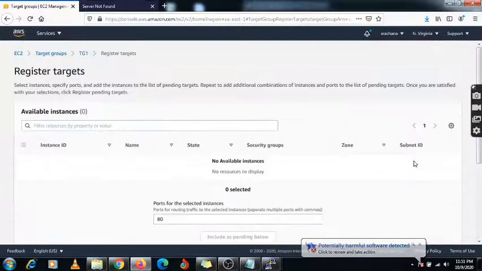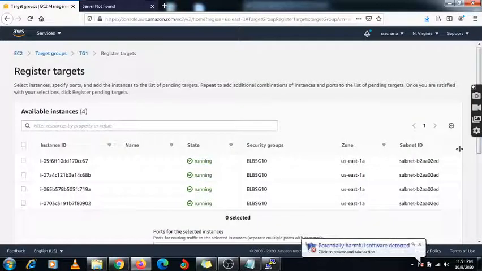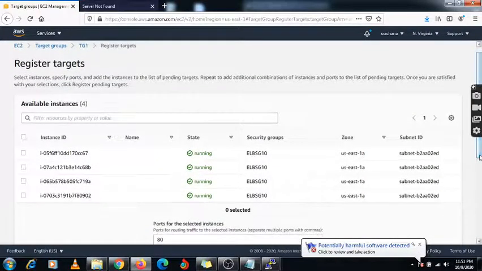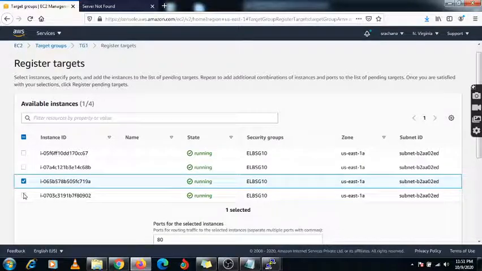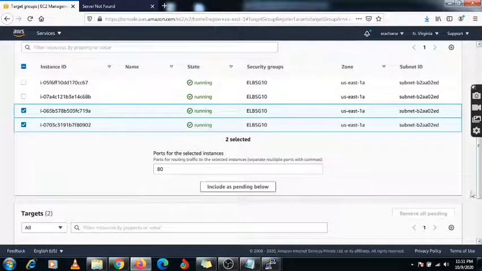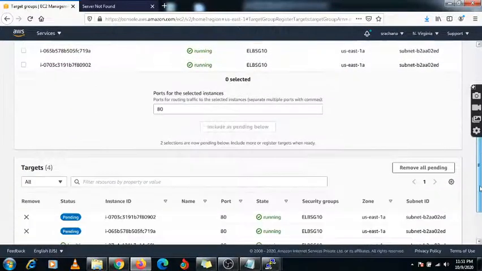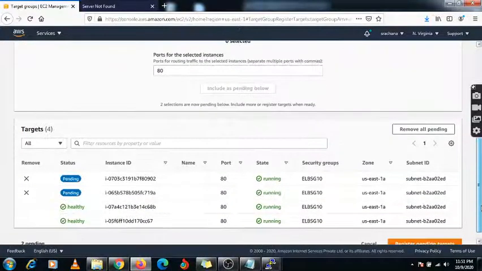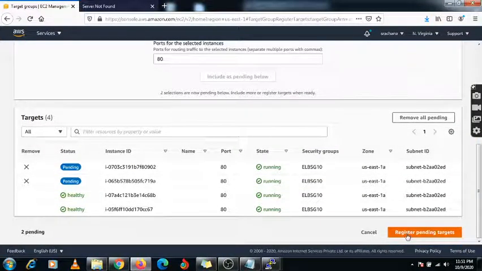This one we have already selected. Now we are selecting these remaining two servers, right? And we need to register them. Include as pending, just click on it. Now I have clicked, and you just need to register this pending target.